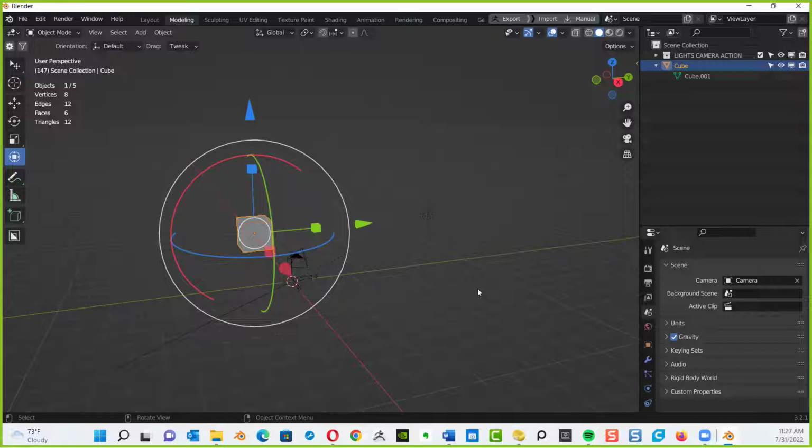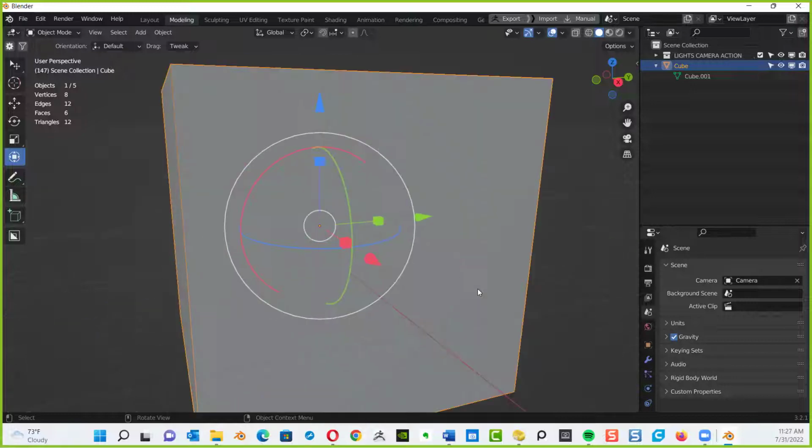So if I want to zoom into only the selected rectangle, I want to ignore the lights, ignore the camera in there, and just zoom into only the selected object. On the numeric side of your keyboard, the numpad, hit the period key, and that zooms into just the selected object.